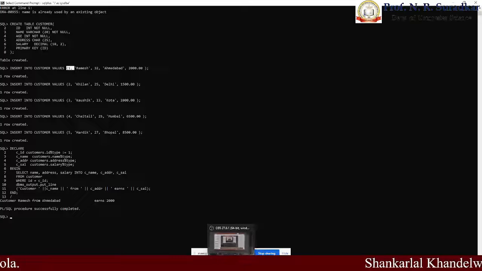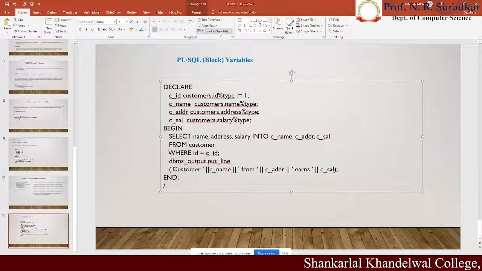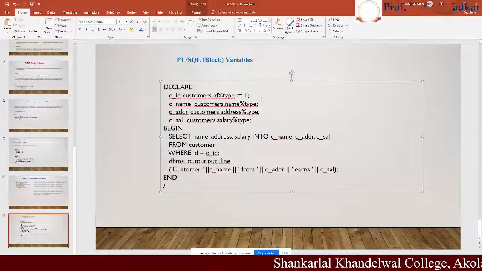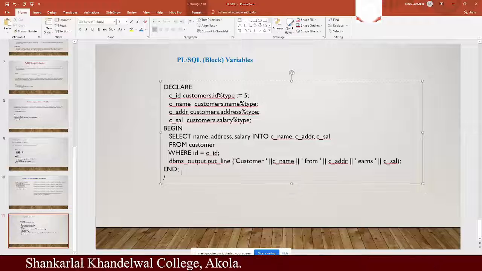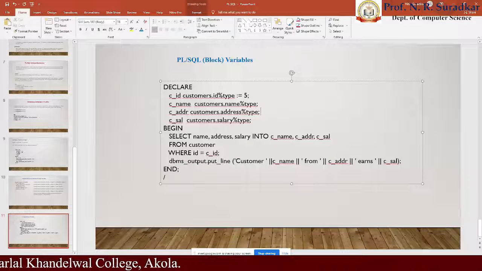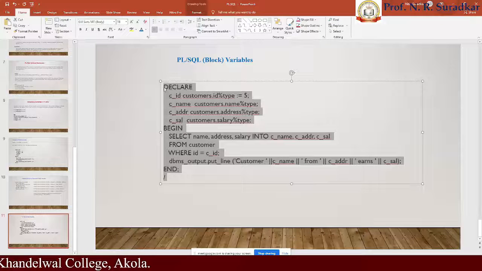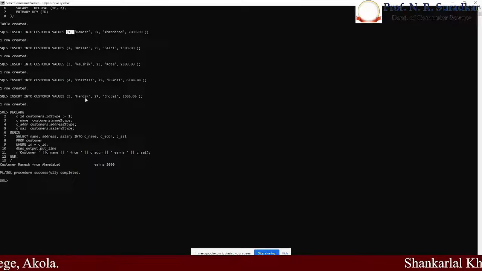Let's change some content or some attributes here. Okay, if the customer ID is 5, let's copy from here again. What do we change? We change the customer ID here to 5. Then whatever result shows on that command prompt may change, because ID 5 belongs to Hardik, whose salary is 8,500, who resides at Bhopal.